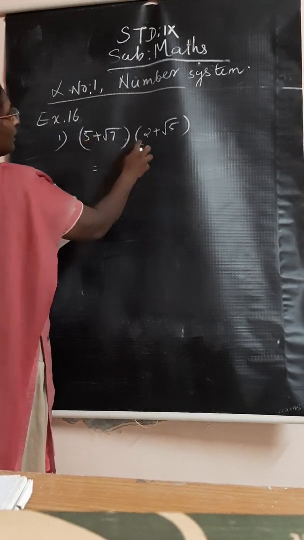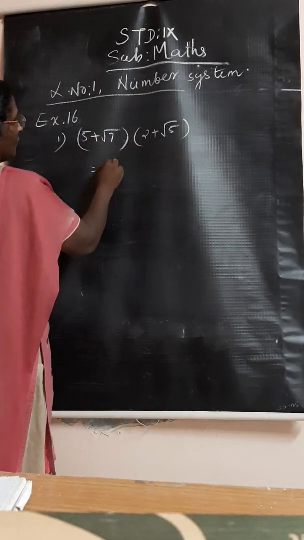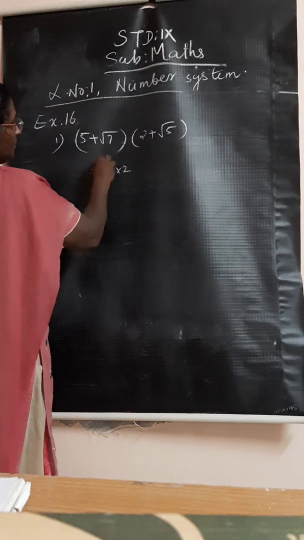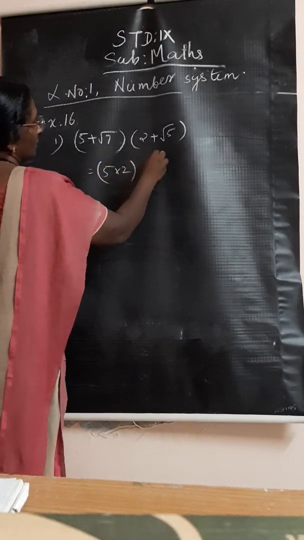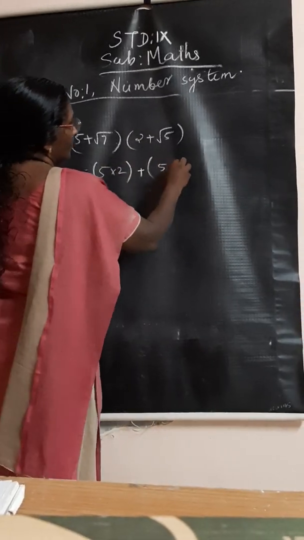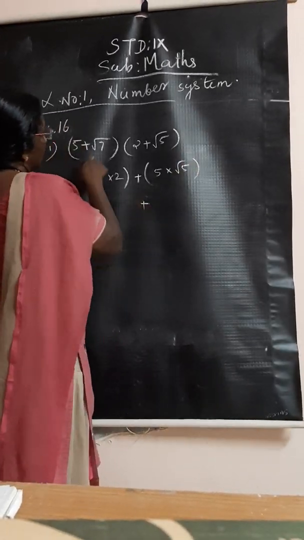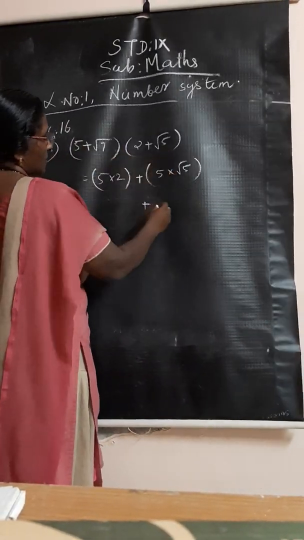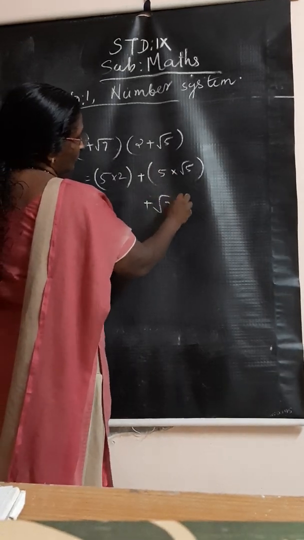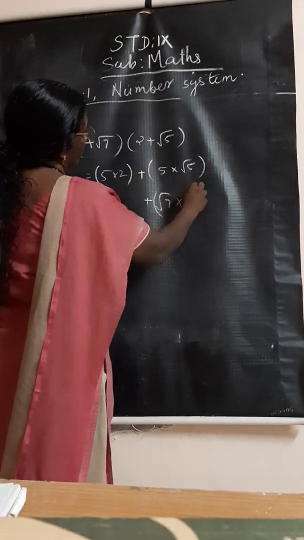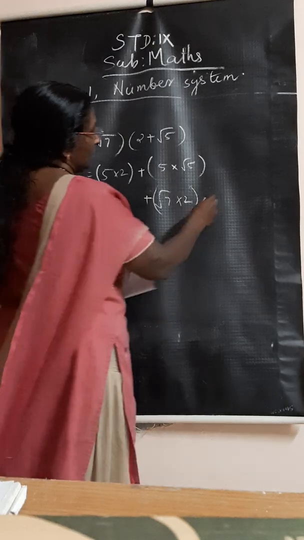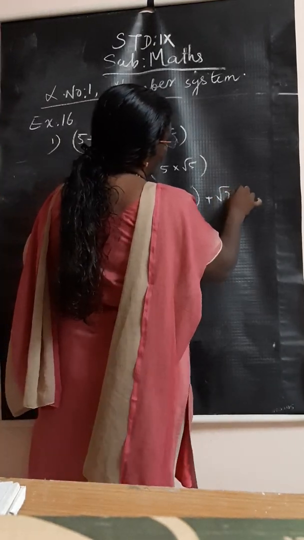Take the first term, multiply these 2 terms: 5 into 2 plus 5 into root 5. Plus, now take the second term, multiply these 2 terms: root 7 into 2 plus root 7 into